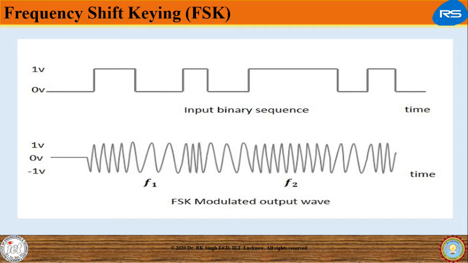Actually, frequency shift keying is the digital modulation technique in which the frequency of the carrier varies according to the digital signal changes. FSK is a scheme of frequency modulation. The output of a FSK modulated wave is higher in frequency for a binary high input and is low in frequency for a binary low input. The binary ones and zeros are called mark and space.